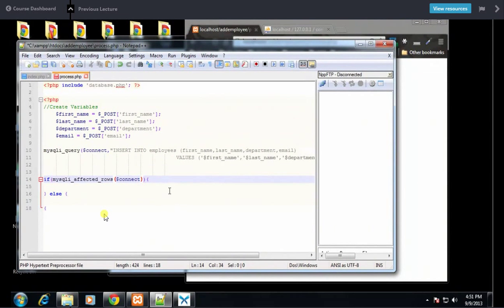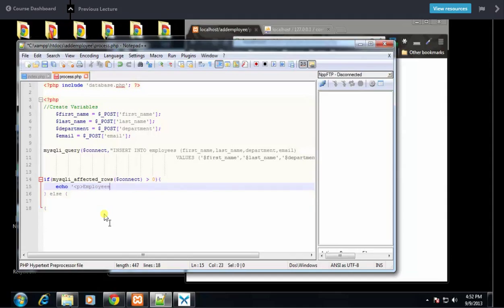So we want to say if MySQL affected rows is greater than 0. So this is saying if the affected rows after this query is greater than 0, which means that something went into the database, then we want to display a message. So we'll say we want to echo